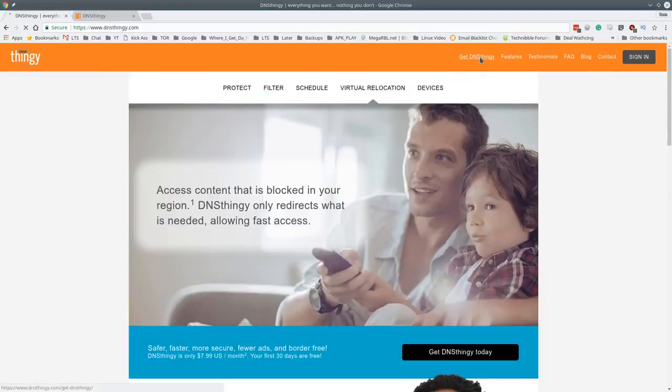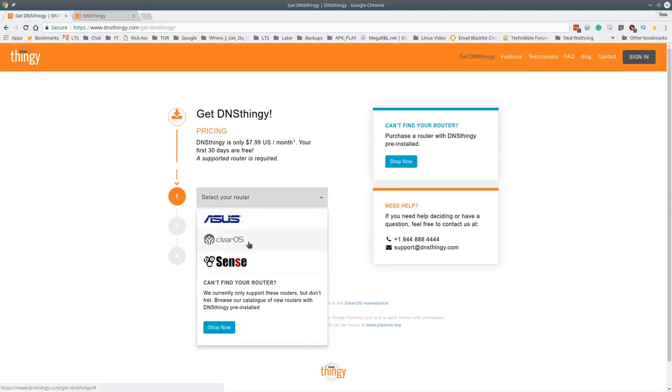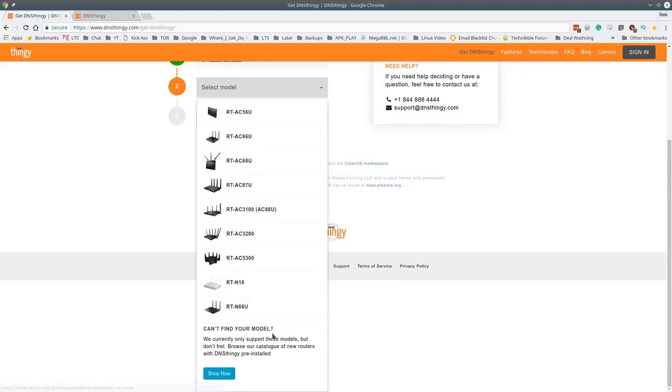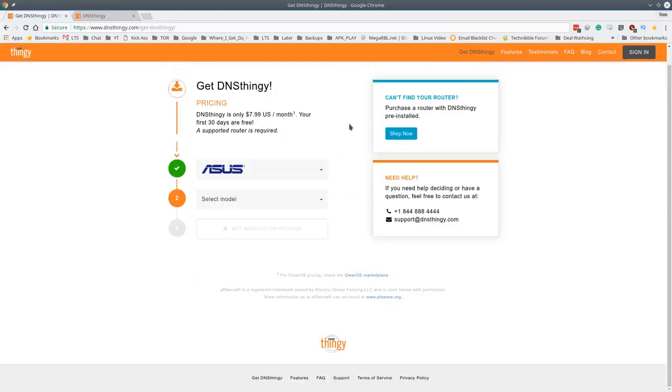So let's get started. The first thing we're going to do is get DNSthingy. Their price is $7.99 a month. Your first 30 days are free. A supported router is required. They have ClearOS, which I haven't used. They have a list of ASUS ones in here, which are pretty cool. If you have one of these ASUS models, I believe it's a replacement firmware that they use with those. But with pfSense, choose pfSense